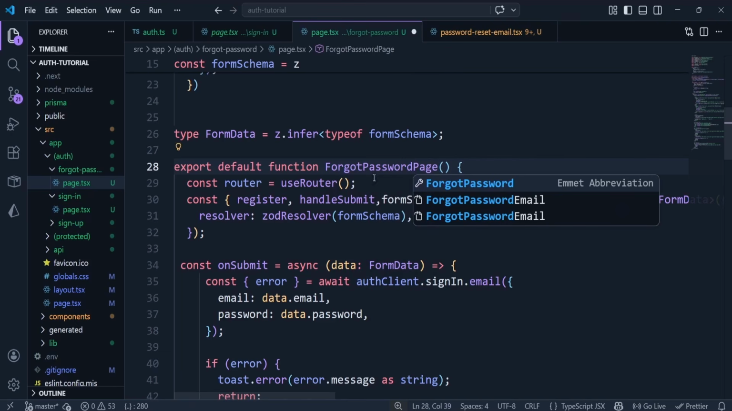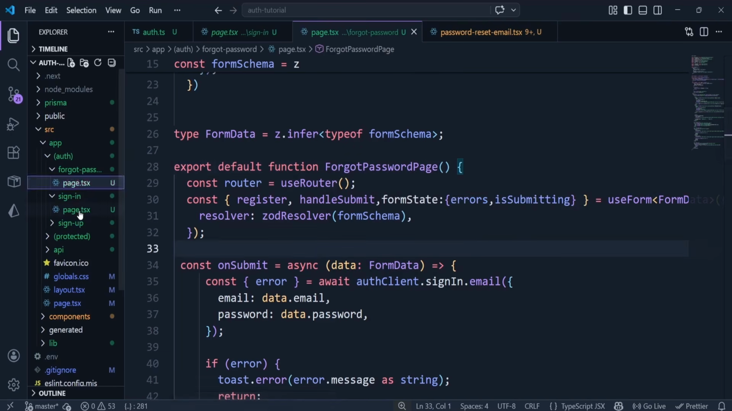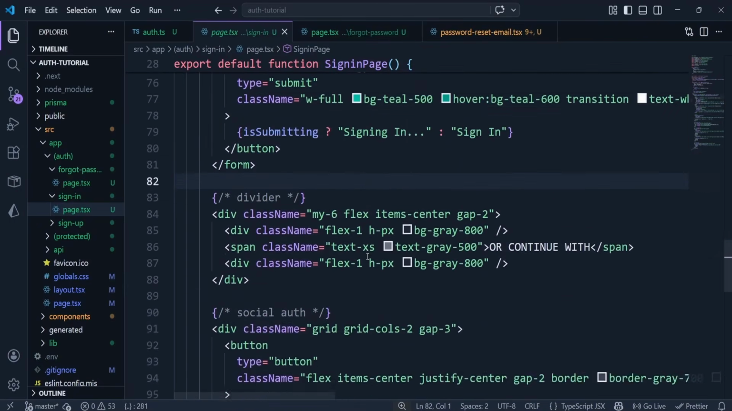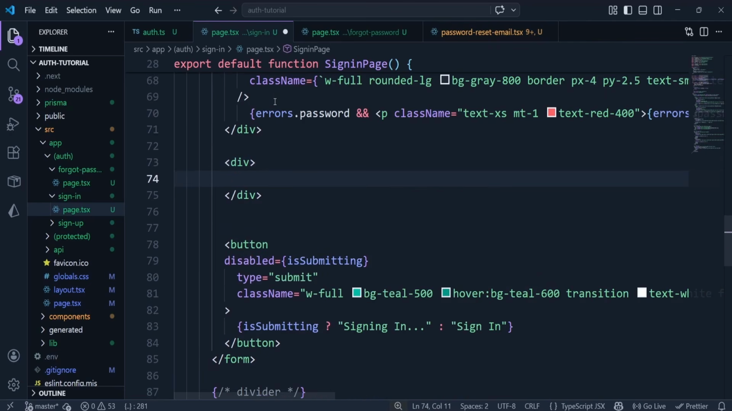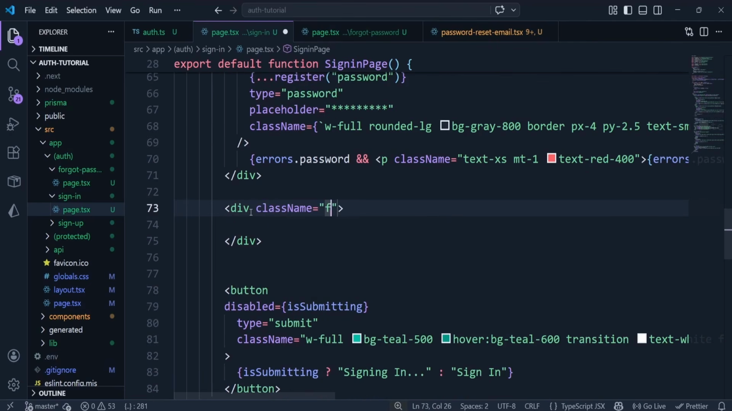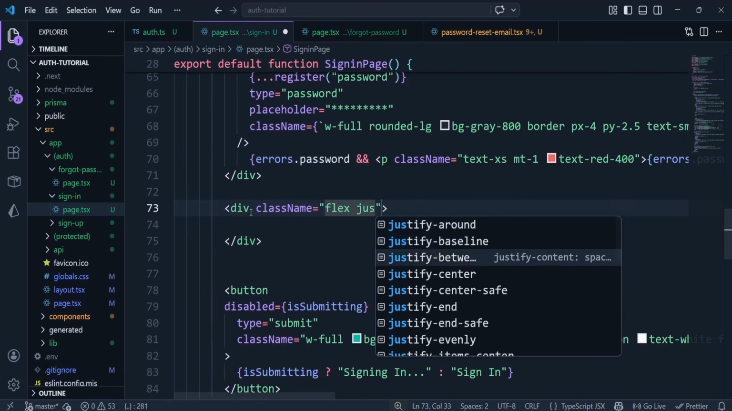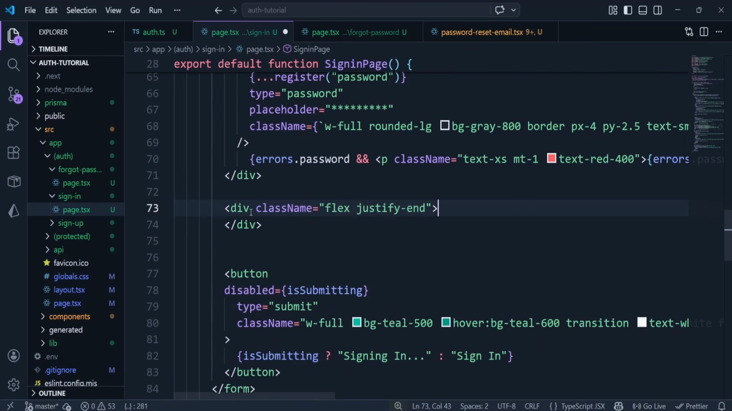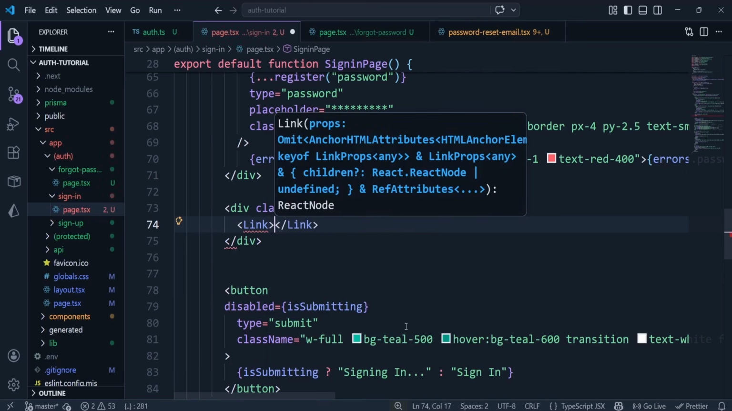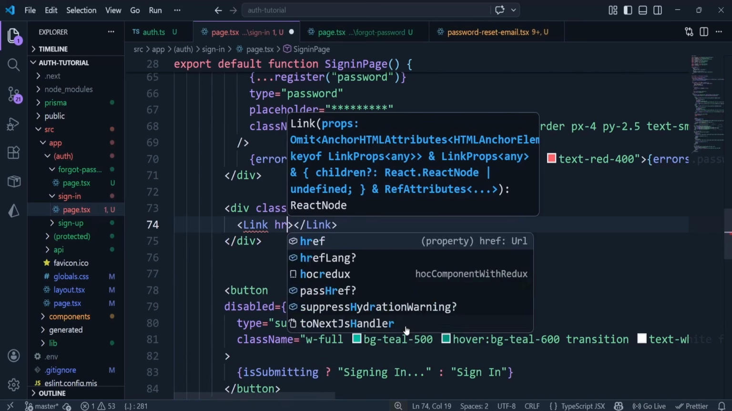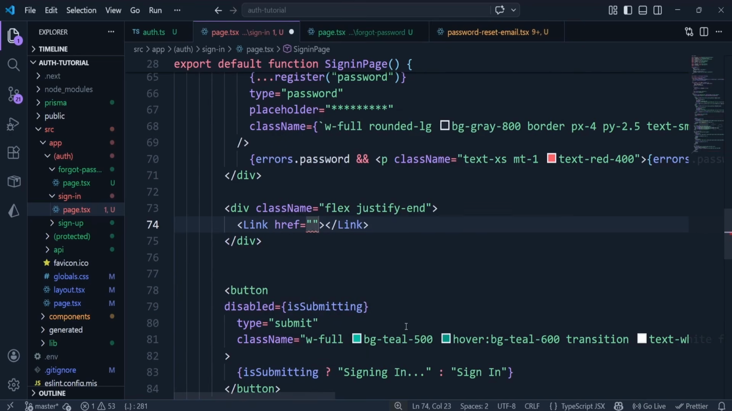Forgot password page. Okay, and now we'll go to our sign in page, where underneath the form, just before this button right here, we're going to create a div tag with a display of flex and justify of end. Inside this div we're going to create a link tag, which we're going to get from next link. The href is going to point to the page we just created, which is going to be /forgot password,